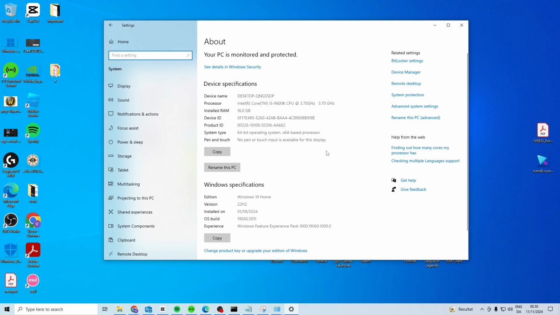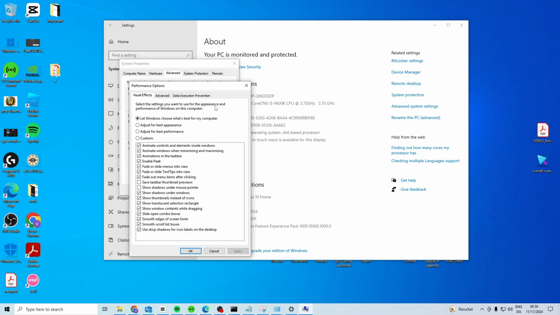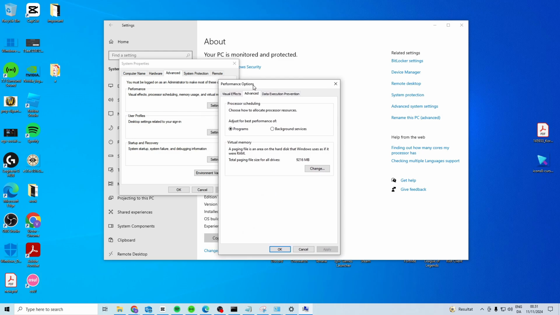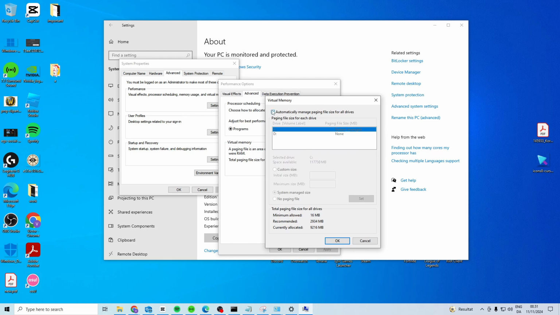On Windows 11 I believe it's around here, but you want to go to Advanced System Settings, then head over to Advanced, find Performance and go to Settings, then go to Advanced again, and you want to find the virtual memory. You want to press Change on this one, then untick this little box, Custom Size, and in the initial